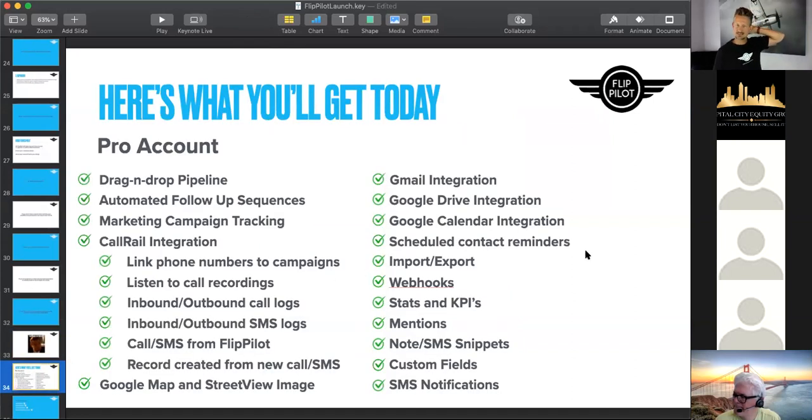And here's what you're going to get today for signing up for FlipPilot 2.0. This is the pro account. You get the drag and drop pipeline, like I showed you, the automated follow-up sequences, the marketing campaign tracking, and the CallRail integration, which is just insane in how much value it brings to the system: being able to link phone numbers to campaigns, listen to call recordings, track your inbound and outbound call logs and text logs, call out from FlipPilot using that number, and text out of FlipPilot using those numbers,